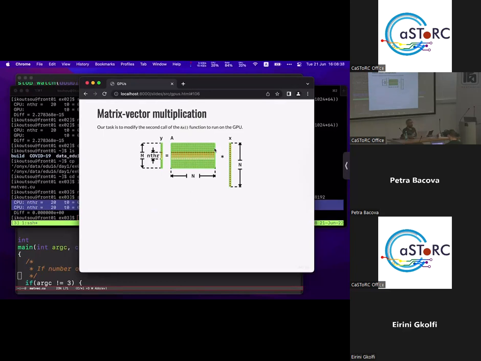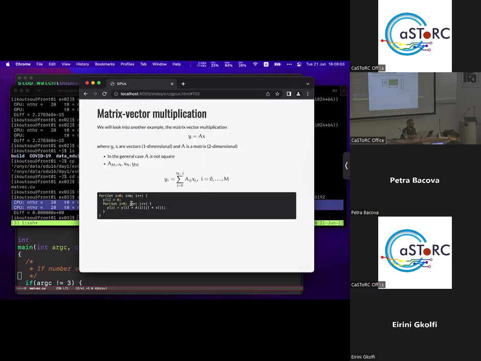If I were to just give you this and tell you, I don't care how optimal it is, just make it work, okay? Because this will actually require no shared memory to begin with. So if each thread computes one element of Y,